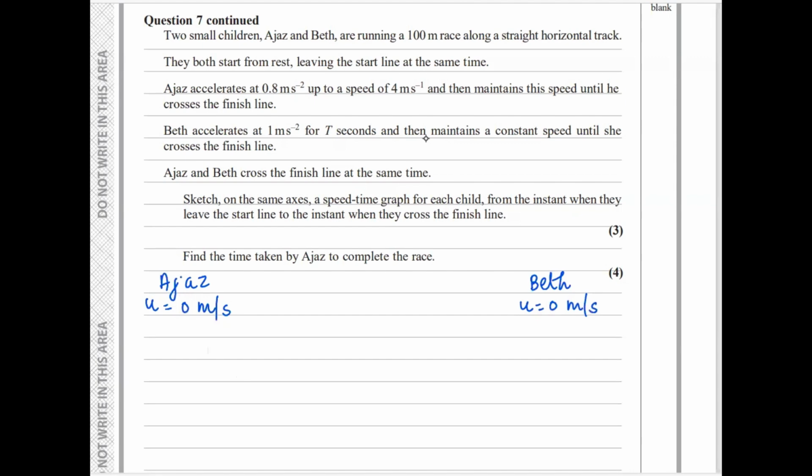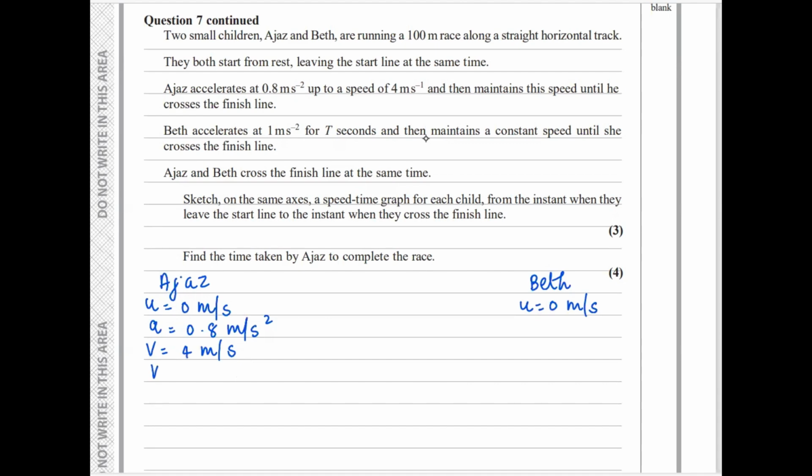Leaving the start line at the same time, Ajas accelerates at 0.8 meter per second squared up to a speed of 4 meter per second. So the final velocity is 4 meter per second, and then he maintains this speed until he crosses the finishing line. Let's find, from initial velocity 0 to final velocity 4 meter per second, what is the time